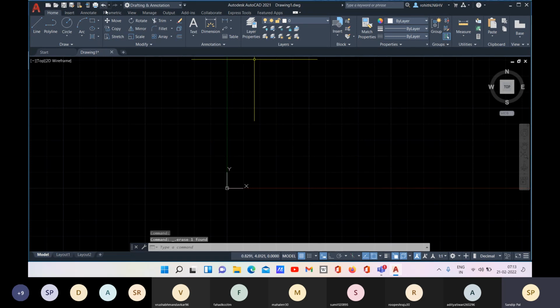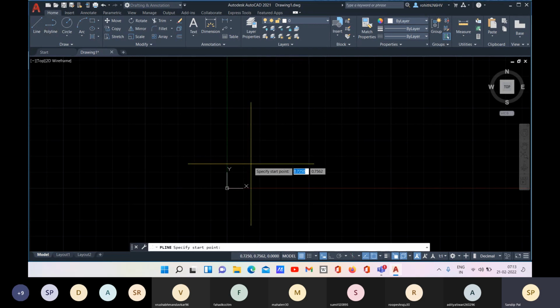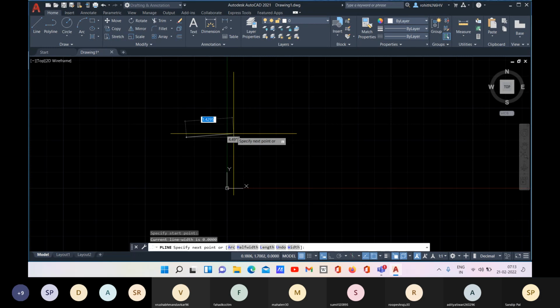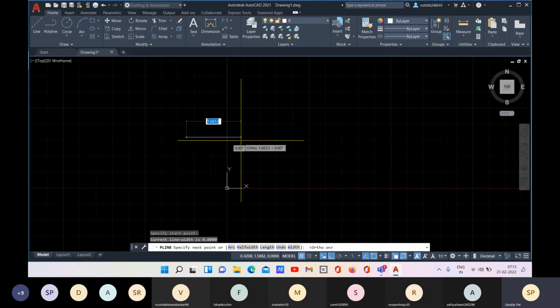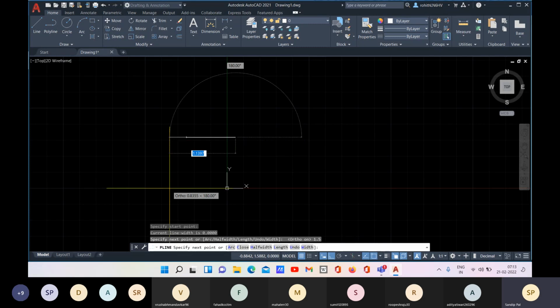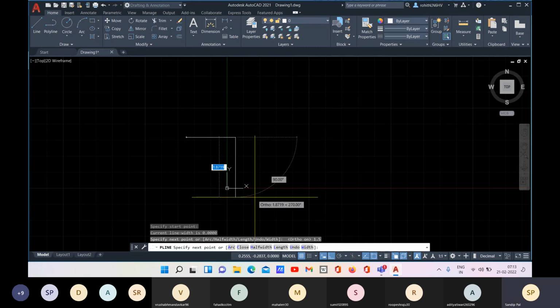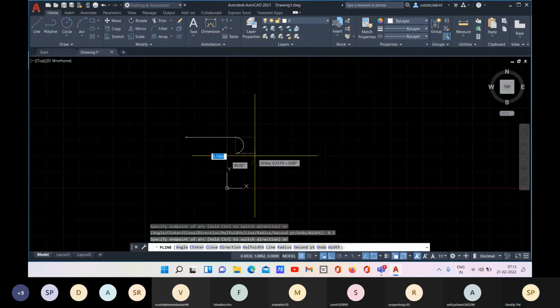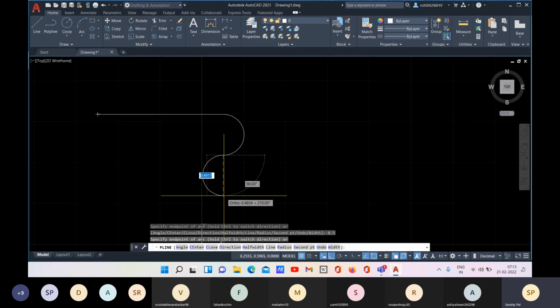Okay, that is a simple thing about polyline, and we also have some advanced options in polyline. Let me keep the start point of this polyline, and after that, let me turn ortho mode on so that I can have a straight line, and then I will provide some length like 1.5, enter. If I need an arc, I can have an arc here, and that will be a continuous object. Here I will provide 0.5, enter, and it will continue to create more arcs.